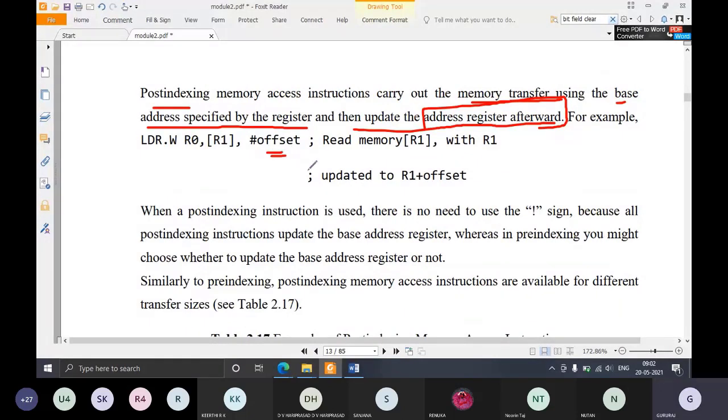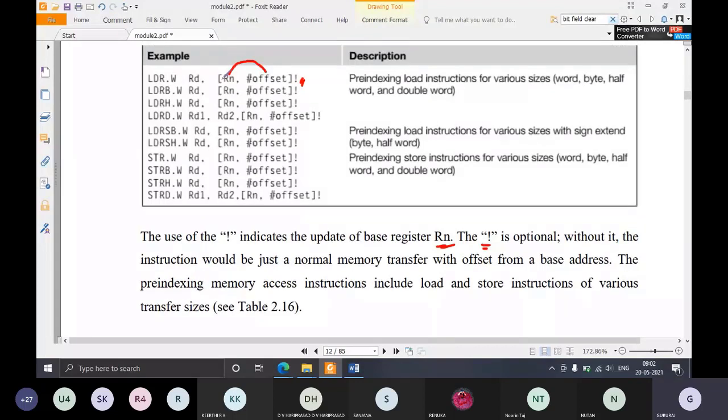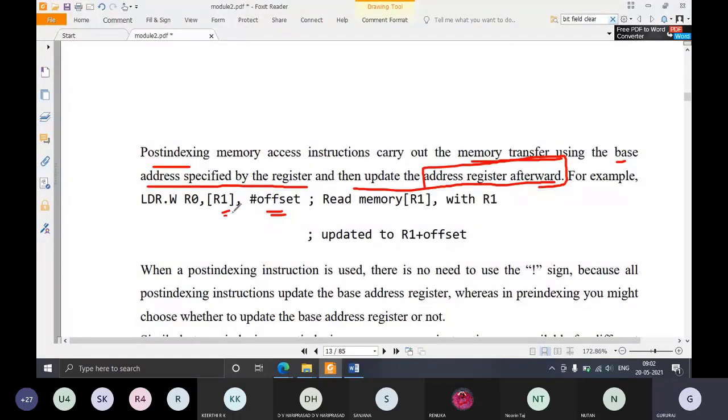You can see the change in syntax here. Only R1 is within the square brackets. In pre-indexing, both Rn, the base register, and the offset were within the square brackets. Here only the base register is in the square brackets, followed by the offset. Since it is LDR, a memory read operation takes place from the memory to a register, and the destination register is R0.